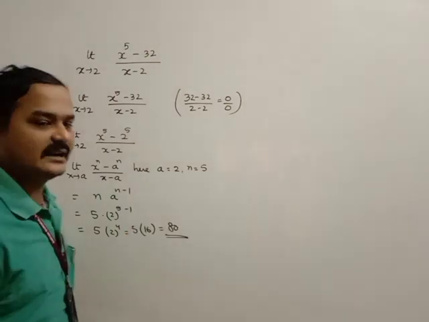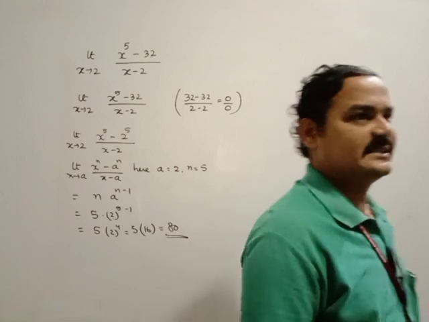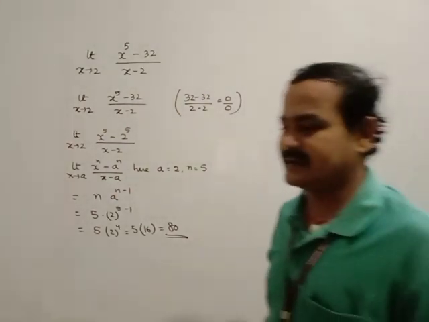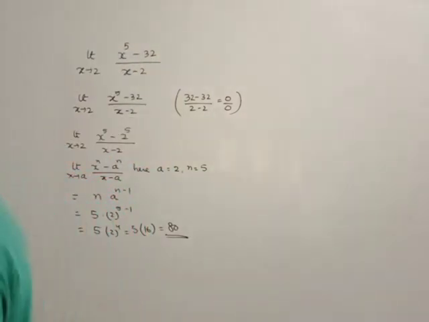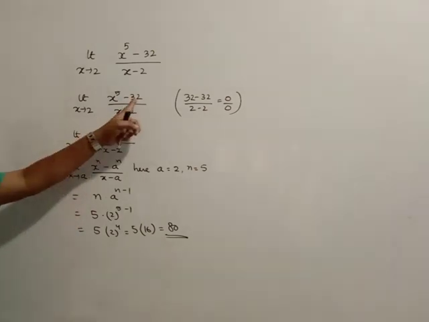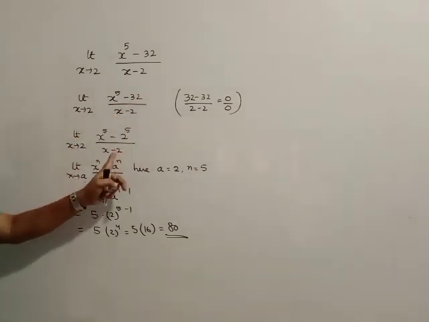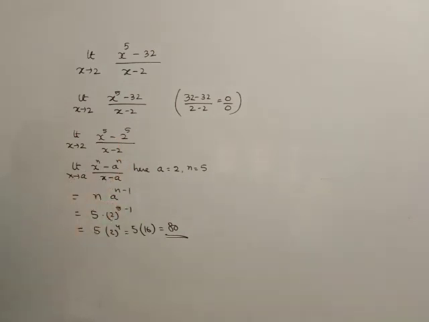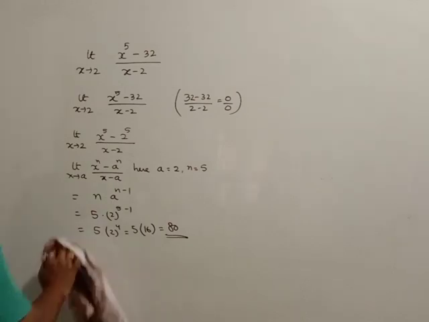You can write it like this. This is the next formula. The limit x tends to 2 of (x power of 5 minus 32) by (x minus 2), so x power of 5 minus 32 means 2 power of 5, by x minus 2. Again, using the a power of n formula, which is the before formula, you can derive the rest. Like this you can simplify the questions. Next,